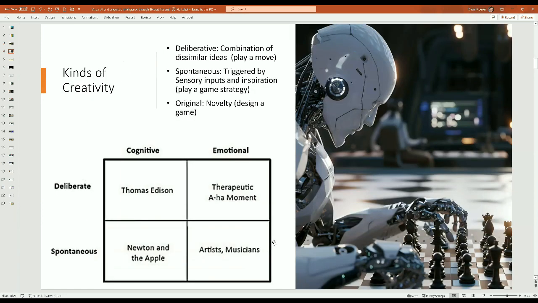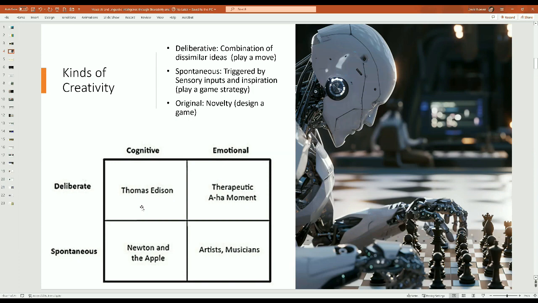So I want to talk a little bit about kinds of creativity because I think it's worth considering. I think everyone assumes that creativity is absent from that, and that still remains our realm as a species. And so I want to talk about really 3 kinds of creativity. One you might call deliberative, which means you set out on a task and you complete it in a somewhat novel way. So this could be a combination of dissimilar ideas. If I ask you, combine cryptocurrency and climate change, you could probably come up with a plan in which people get paid to not pollute. And that would be a kind of combination of, in some cases, dissimilar ideas.